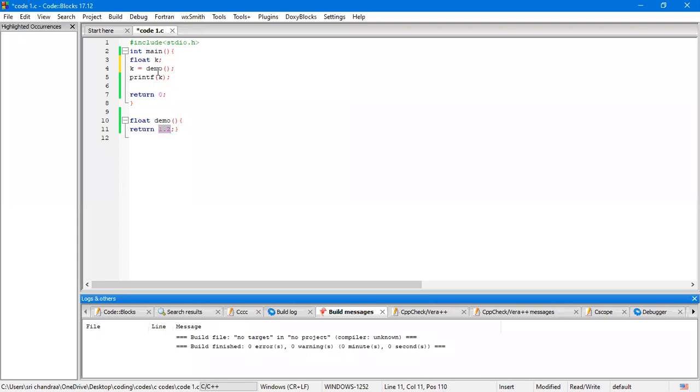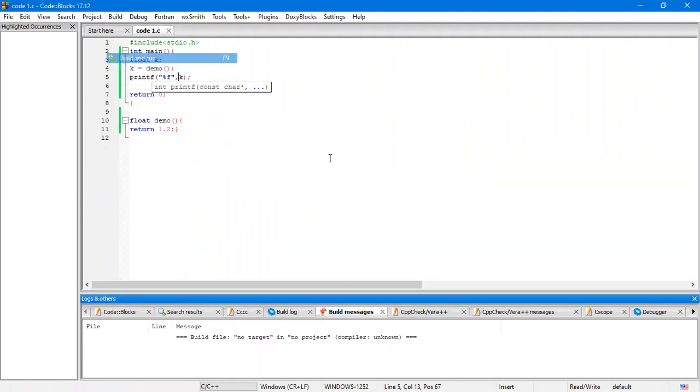And when I call this demo function, the control goes to this function, and the code present in this function is executed. Since the only operation here is returning 1.2, 1.2 is returned to k, and k is printed here. When we run, oh, well,